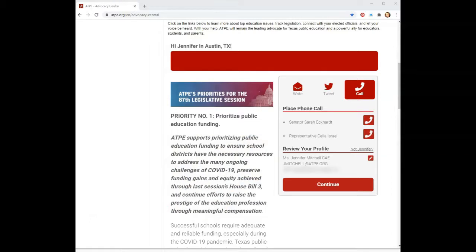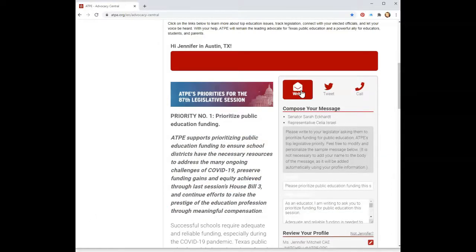Right now, you might be thinking, my legislator is not going to pay attention to a form letter, especially if they've received the exact same message from hundreds of educators. It's true that a personalized message is better than a form letter, which is why we encourage you to modify these sample messages if you have time. But even if you stick to the sample message, it's a communication that a lawmaker cannot afford to ignore.